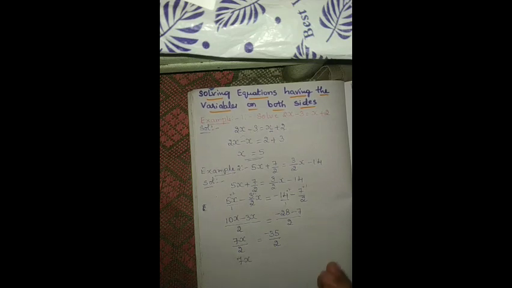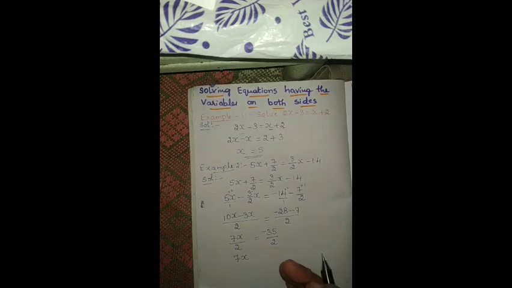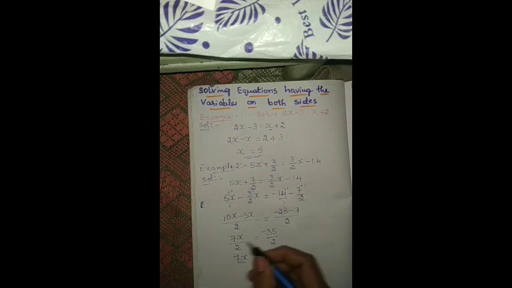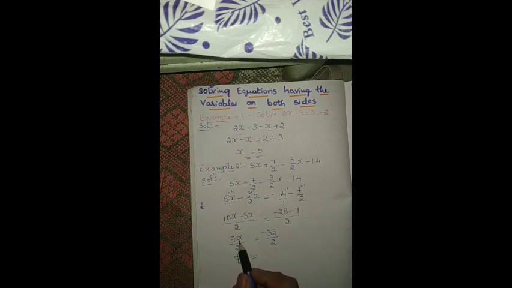So, 7x. How to solve the next step? Here observe children, 7x we want the value. The solution of x we need. So 7x we are retaining on the LHS, left hand side. And this 2 is there, that should be brought to the right hand side. As we studied earlier, on the left hand side if it is divided by, while going to the right hand side it becomes into. So what happens here? Minus 35 by 2 into 2, children.